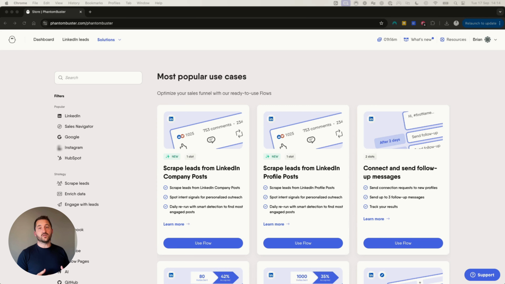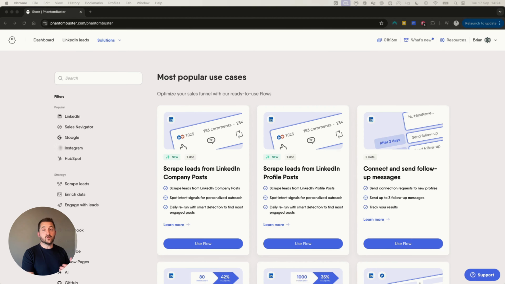Okay, so first things first, launch settings are very obviously all about timing. So one thing that we just want to double check before we start is the time zone that we have set in our workspace settings. Then when we get into the more advanced options, we know that we're setting the Phantoms to run at the times that match our time zone. Okay, so to check our time zone, up in the top right hand corner of the screen,